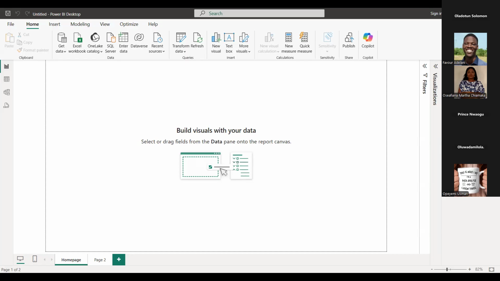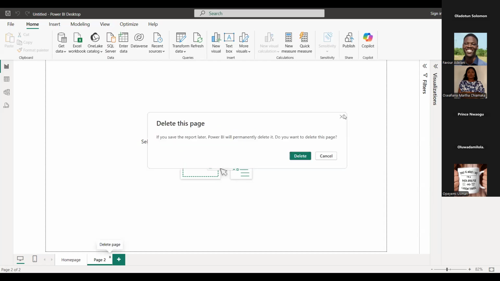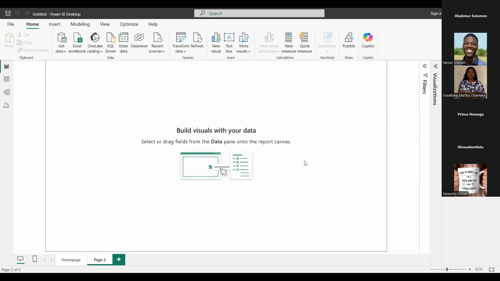Sorry, I have a question. The data transformation you did, it wasn't done on Power BI, right? You did it on Excel Power Query. No, Power Query is also embedded inside of Power BI, just like an extension. Just like you have Power Query in Excel as well, it's a feature inside of Power BI, just like Power Query is a feature inside of Excel.